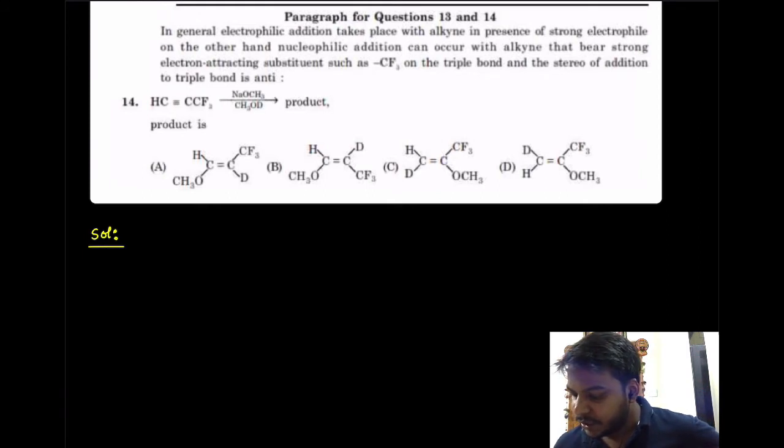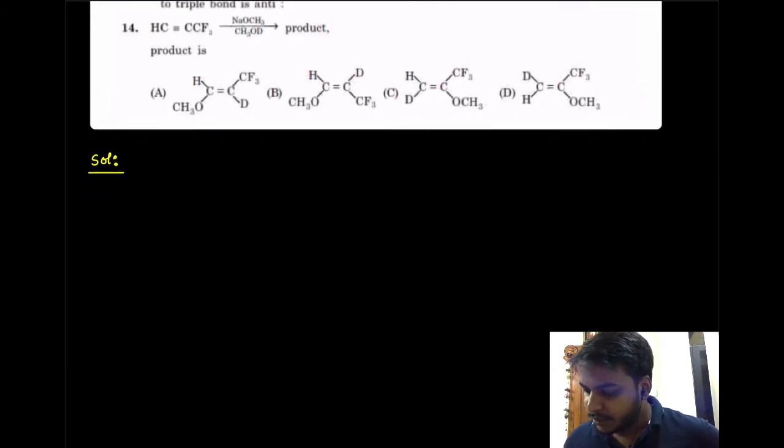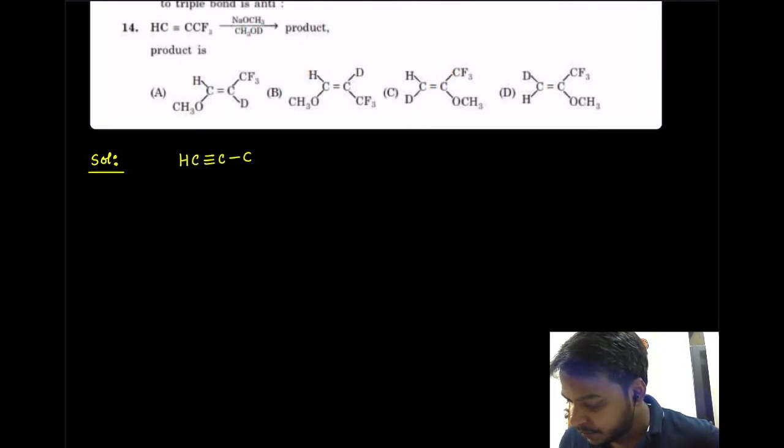It tells us that there is a triple bond on which some reagent has been added, and we need to find the product for it. So let me go through the solution here. This triple bond, which is connected to CF3, is being treated with CH3O minus in the presence of